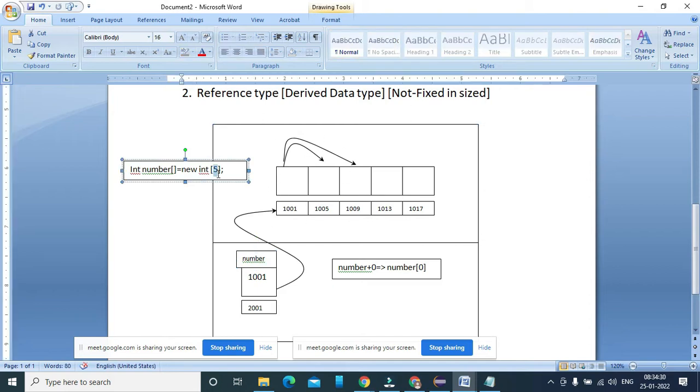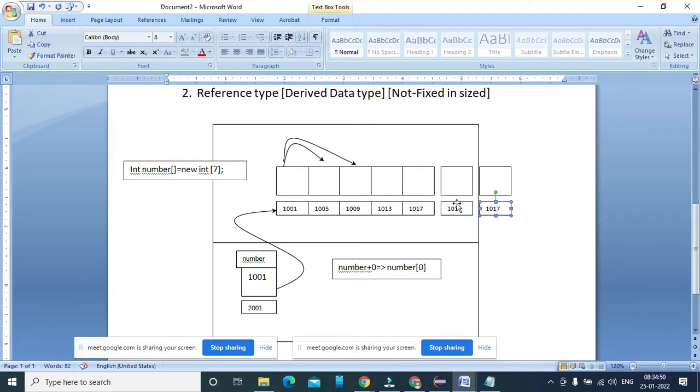So instead of 5, if I say I want to access 7 elements, in that case two more elements get added here. And the scalability of an array increases and decreases according to my requirement.